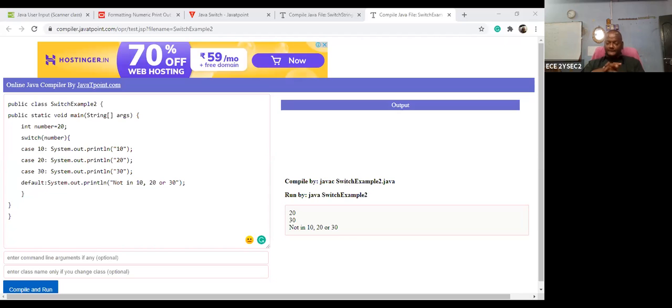Input and output. Okay. For this purpose, we are using the scanner. The scanner class is used to get user input and it is found in java.util. So if you want to use the scanner, you can import the java.util package.